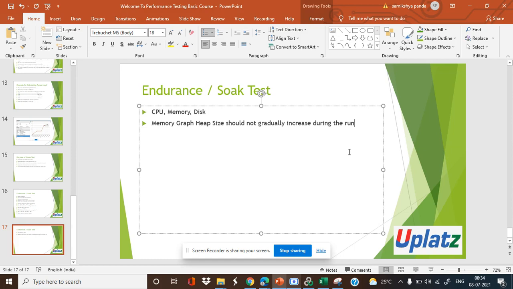But for a new application, there won't be any production data, so peak load can be used for whatever load is there, right? Peak load we consider accordingly. Average amount of users we consider for the peak load. So what's the